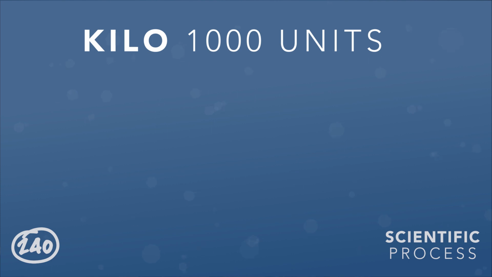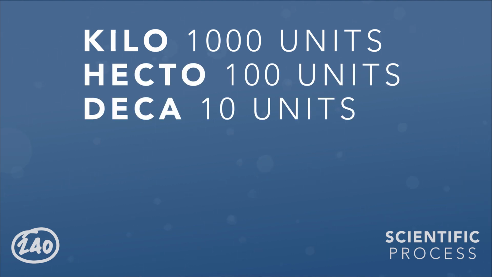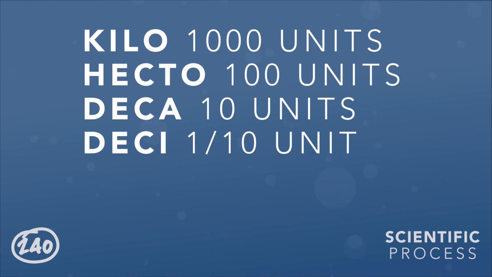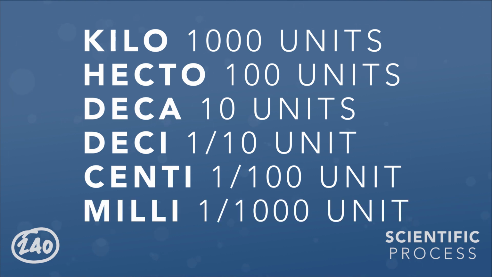The first one is units of measurement and abbreviations. Essentially, you need to understand the metric system and how the metric system works. And within the metric system, there's various abbreviations. Abbreviations like kilo, which stands for 1,000 units, hecto, which stands for 100 units, deca, which is 10 units, deci, which is 1/10 of a unit, centi, which is 1/100th of a unit, and milli, which is 1/1000th of a